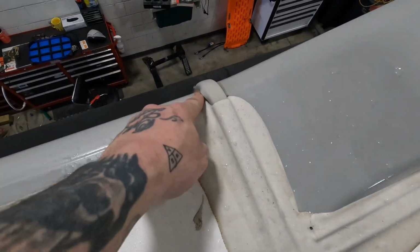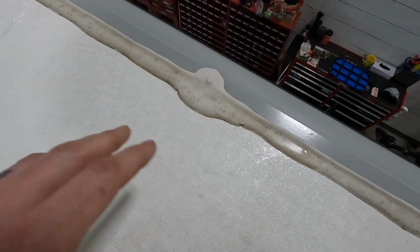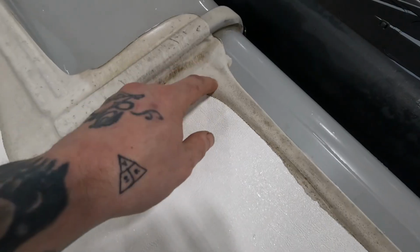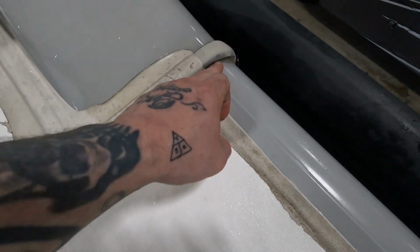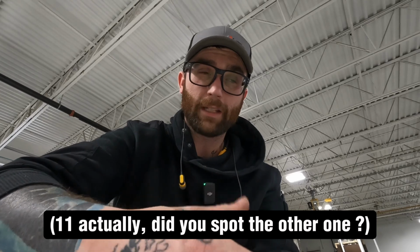And then of course, the corner here, not looking too great. These 2 little fish mouths here, where water can get underneath the sealant, aren't exactly a huge problem, but I'm still going to touch them up. So we'll count the 2 of those together as 9. And then over here at the other front corner, we do have a potential gap coming up here. It's definitely sunken in. And again, the corners are not looking great. So that's 10 things that I found after doing a roof wash that could be potential leaks that may have